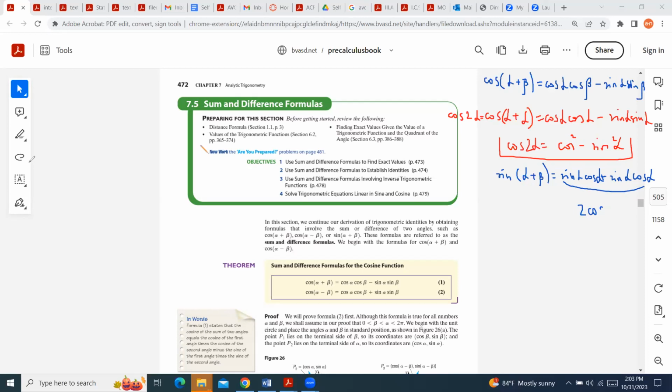Let me put sine in the first place. It should be 2 sine alpha cosine alpha. And we had sine alpha plus sine alpha, and on the other side, it's going to be a sine of 2 alpha. So this formula is going to be